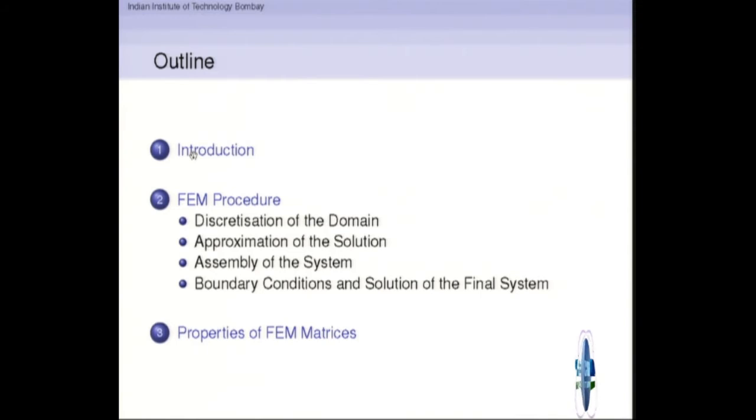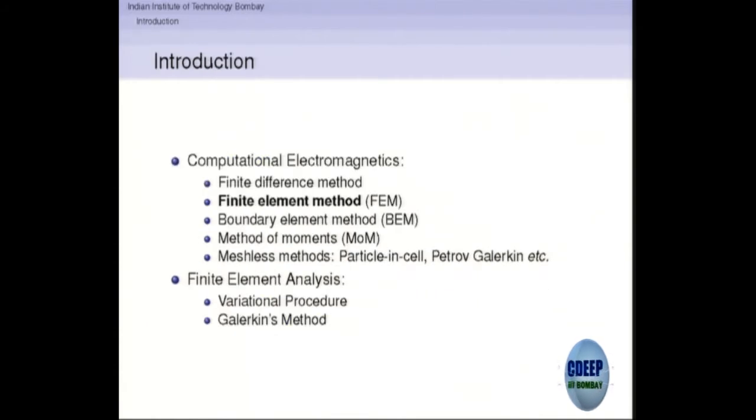So, in the finite element method, what you do is you discretize the whole geometry into small elements which are called finite elements, right, and then you approximate the solution in terms of some polynomial approximation, and then you assemble the whole system of equations, which I will explain how to do, and then you impose the boundary conditions, because only when boundary conditions are imposed will it lead to a unique solution, right, and then we will see some more details.